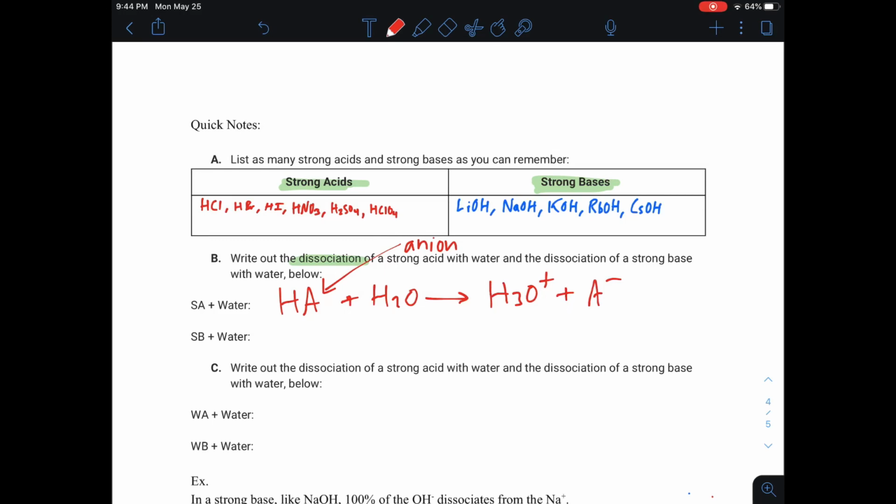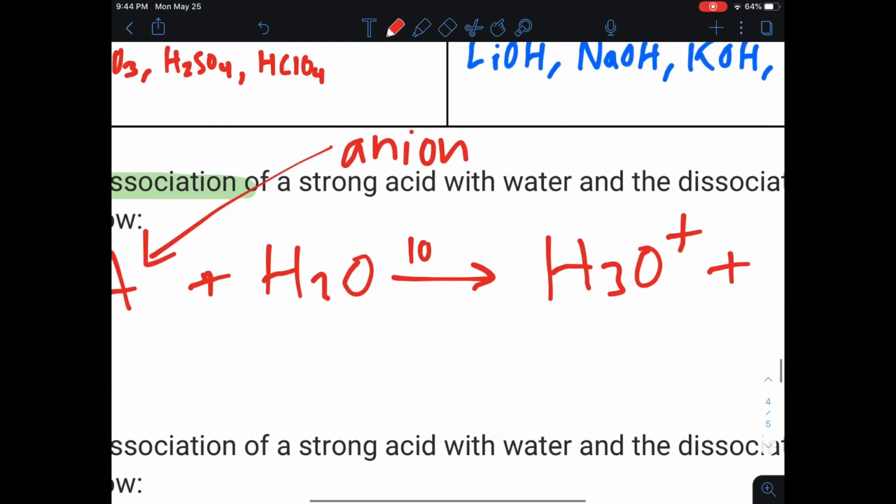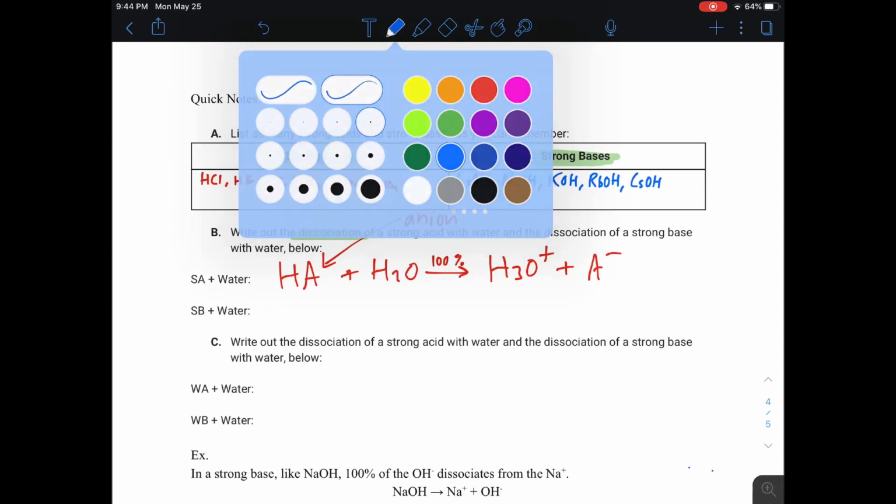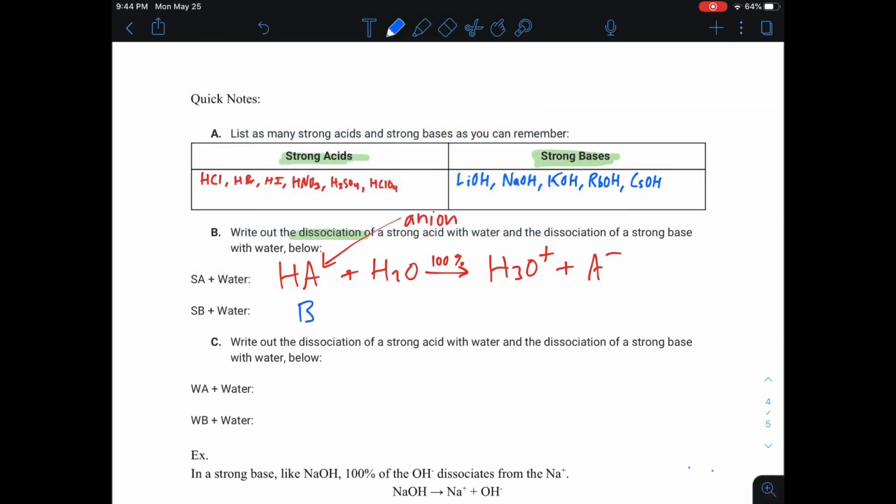For a strong acid, 100% of that strong acid dissociates. And I'm using dissociate in the same way that we learned it in the context of electrolytes, as in solubility. It totally breaks apart in water. Same thing goes for our base. When our base reacts with water, 100% of it